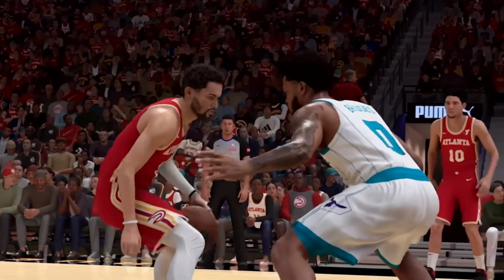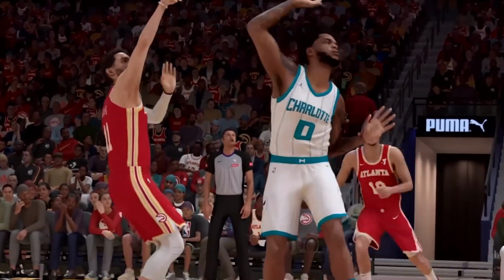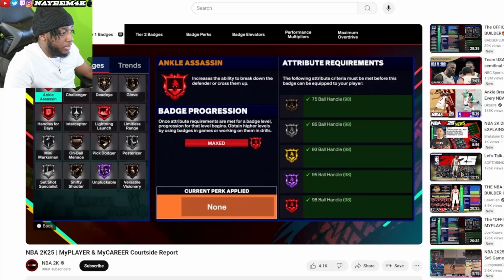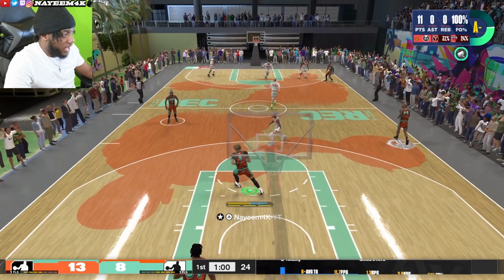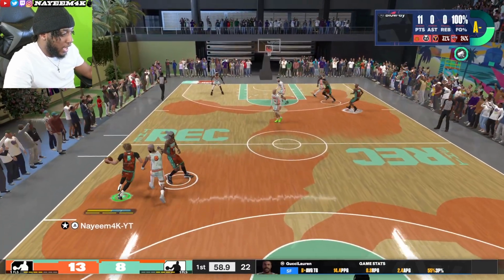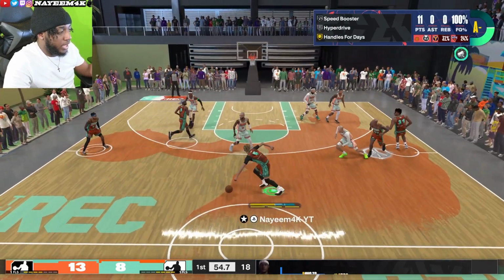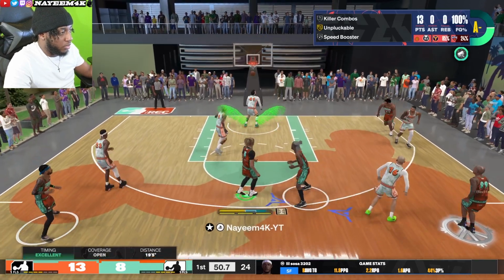And now for the next thing you probably didn't notice, in NBA 2K24 you only needed an 85 ball handle for gold ankle breaker, but now in NBA 2K25, you need a 93 ball handle to get gold ankle assassin. And what this tells me is that there are probably going to be more ankle breaker animations, but it's going to be restricted to playmaking type builds that have more points invested into ball handle,